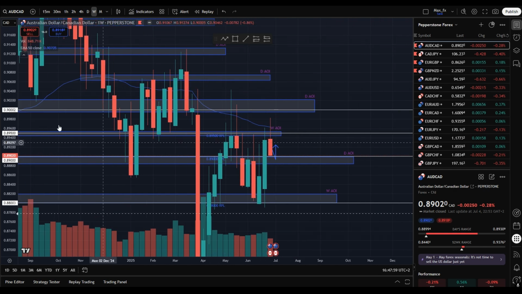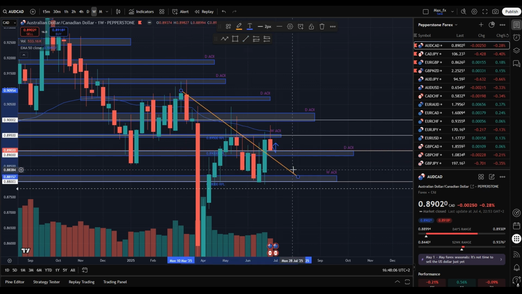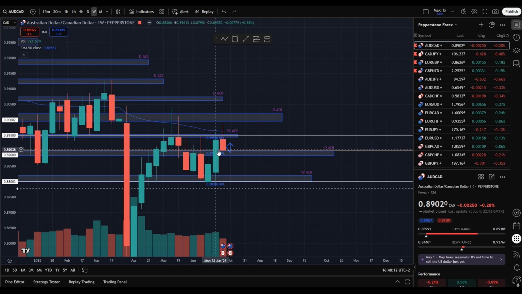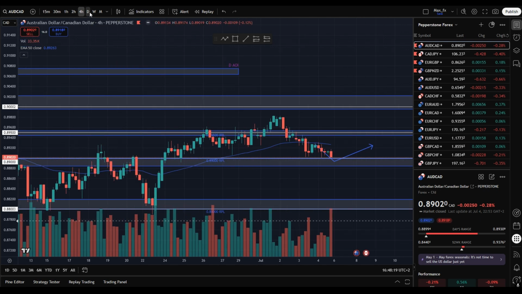Even on the weekly chart, it almost looks like some kind of inverse head and shoulders where we broke the neckline here. Requires maybe some imagination. However, this is a pattern that indicates a good amount of buying pressure. So now I'm just waiting for the pullback here, giving my entry signal on the lower time frame,